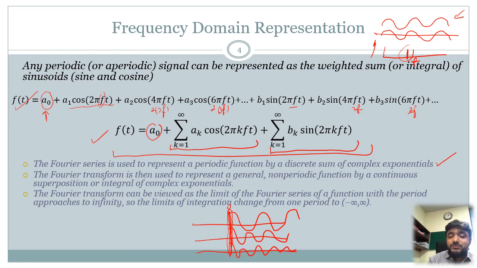So your Fourier transform in this sense can be just viewed as a limit of the Fourier series of a function with a period approaching infinity. So the limits of integration change from one period to essentially minus infinity to positive infinity. तो ये इन दोनों का बेसिकली फ़र्क है, लेकिन अभी क्योंकि हमने इसको देखा ही नहीं है, मैंने आपको उसका फॉर्मूला भी नहीं दिखाया, तो इसलिए इसको यहीं पर पॉज करके आगे बात को बढ़ाते हैं।